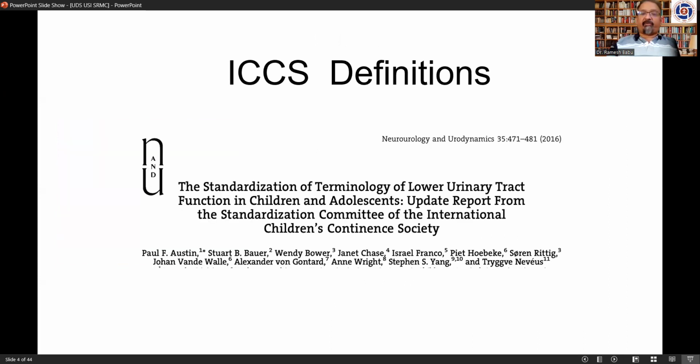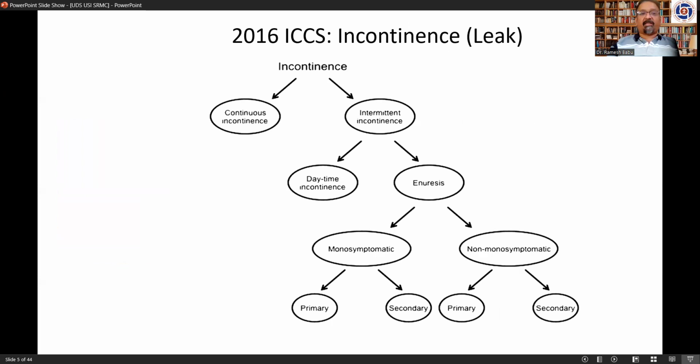The ICCS definitions in 2016 defined a leak or incontinence into continuous incontinence or intermittent incontinence. Intermittent incontinence is referred to as daytime incontinence or enuresis. Nocturnal enuresis is actually enuresis. So anything in daytime is incontinence. There's no daytime enuresis. So we won't go down the pathway of enuresis or bedwetting because they are totally different